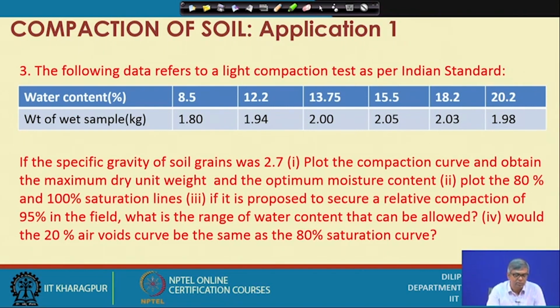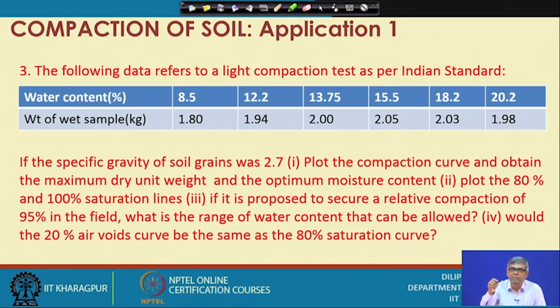Now what we have to do: if the specific gravity of soil grains was 2.7, plot the compaction curve and obtain the maximum dry unit weight and the optimum moisture content. Then plot the 80% and 100% saturation lines. If it is proposed to secure a relative compaction of 90% in the field, what is the range of water content that can be allowed, which I have shown, that if you have a compaction curve, it has a dry